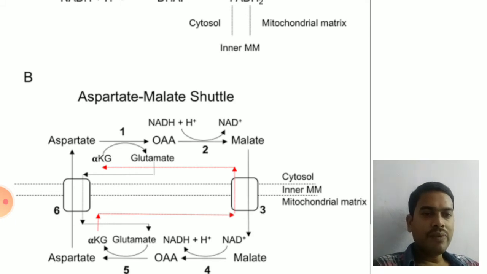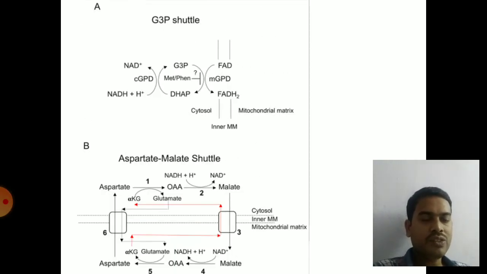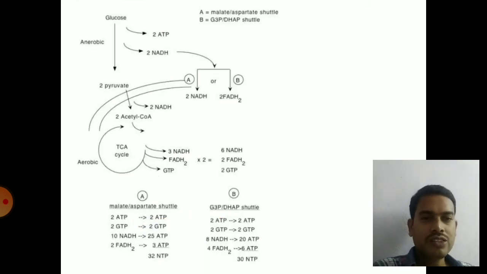So there won't be any loss of ATP during the malate aspartate shuttle. For each NADH2, 2.5 ATP molecules are formed. If it is the glycerol 3-phosphate shuttle, there will be a loss of 1 ATP molecule because the hydrogen atoms from NADH2 are transferred onto FAD, converting it into FADH2. So this is the exact calculation of ATP yield during complete oxidation of one glucose molecule.